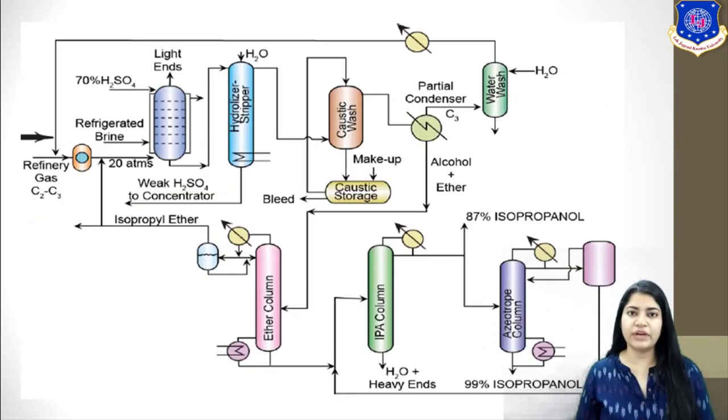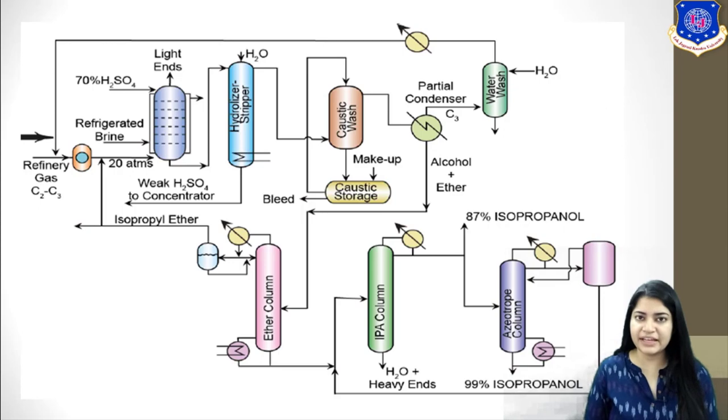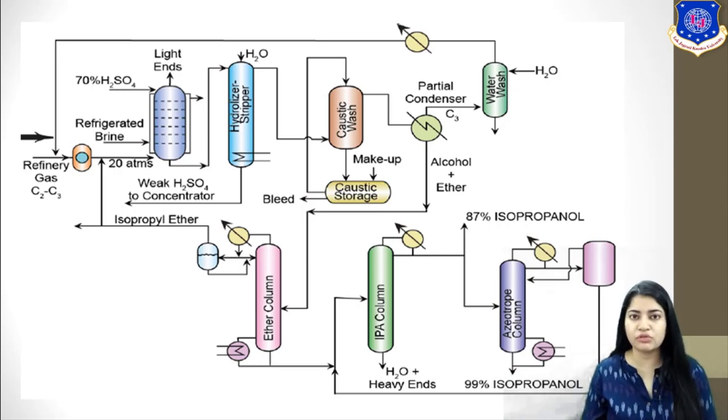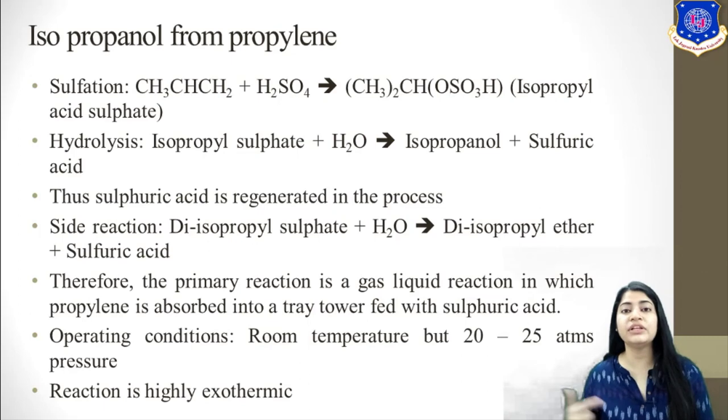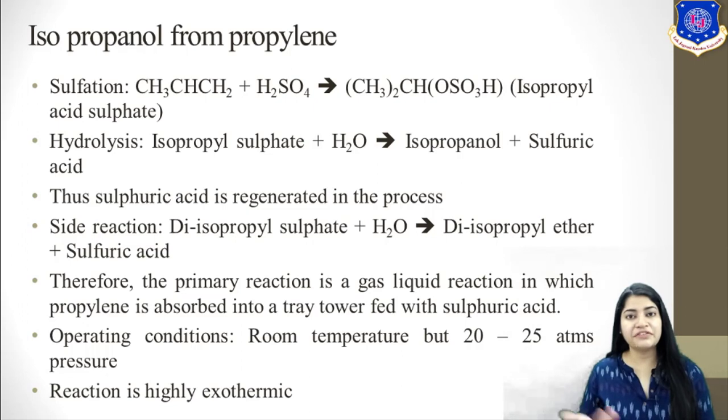So this is your flow diagram. From here you can see that you can use either pure propylene, or your refinery gases which are obtained from other processes. Those gases which are C2 and C3, ethane and propene, are sent to your absorber. Now recall the process of absorption. It is supported at low temperature and high pressure. Thus you have to increase your pressure up to what? 20 to 25 atm, because this is absorption. The favorable condition of absorption is low temperature and high pressure.